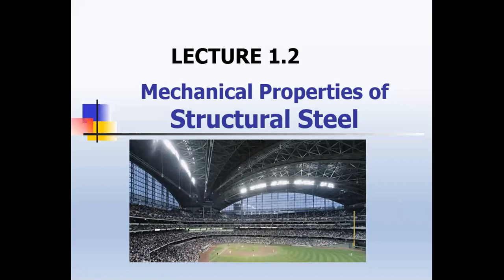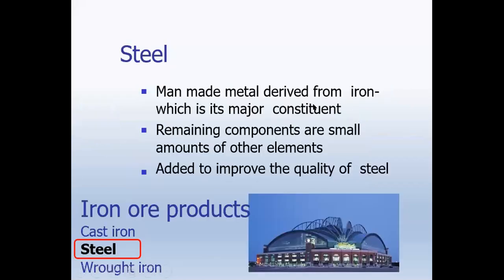We shall make a review of what we discussed yesterday regarding the mechanical properties of steel. As we said, steel is one among the three products of iron ore. The others are cast iron and wrought iron. So our interest or our concern will be on the steel, of which we said